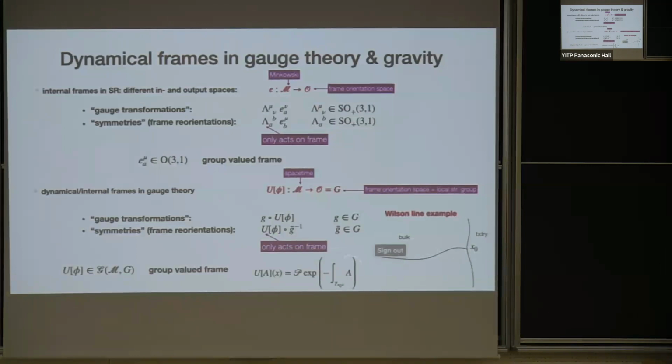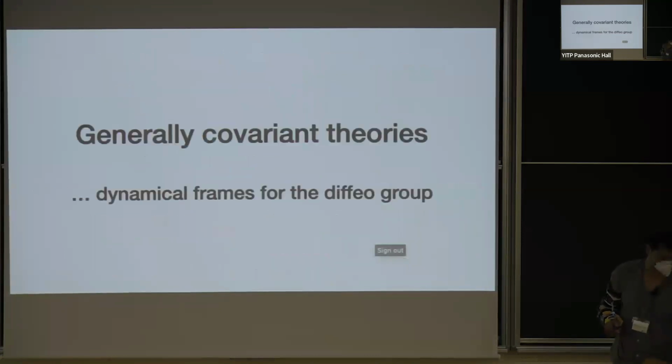And now if you look at how gauge transformations act on this, if they act trivially on the boundary, this is a group valued object. So it assigns a group valued object to the end of the Wilson line. And if the gauge transformations act trivially on the boundary, then they will just act on the whole thing here by left multiplication. And a frame reorientation would be something like an asymptotic reorientation of your frame, or something like a change of local trivialization. And then you get also something like this. Okay. So this is to provide you a bit of intuition of how one can think of these things as dynamical reference frames.